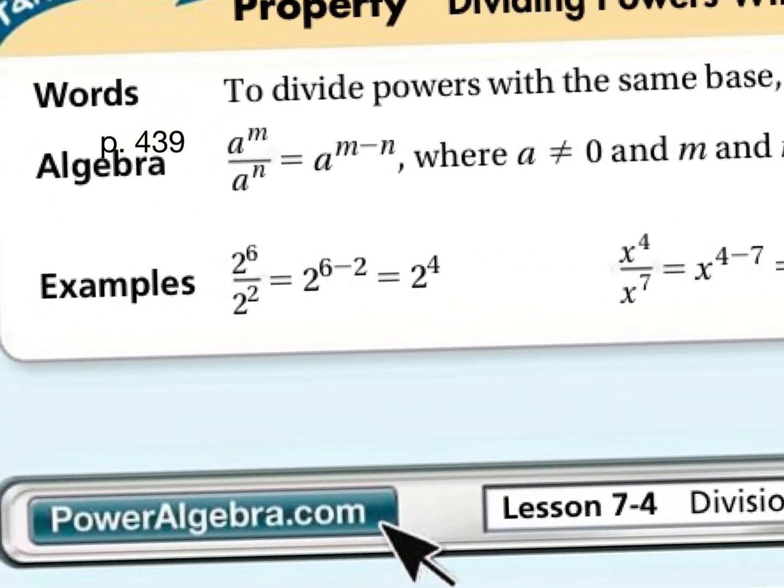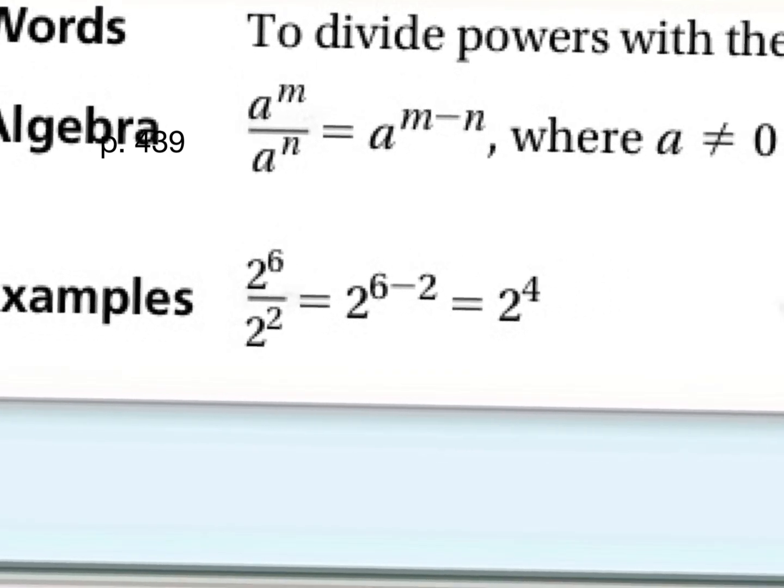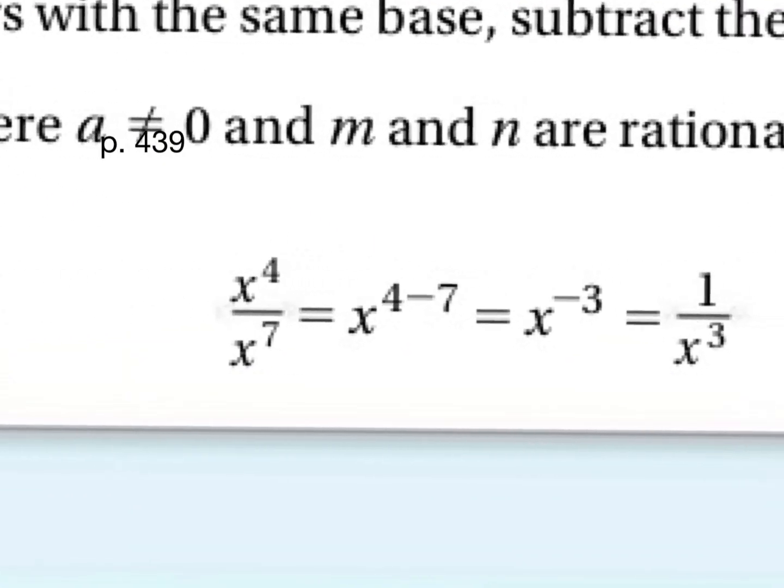So you can see some more examples down here. 2 to the 6th divided by 2 squared. Subtract the exponents, that would be 2 to the 4th power. You could just think of, you have 4 more factors of 2 in the numerator. Their second example,